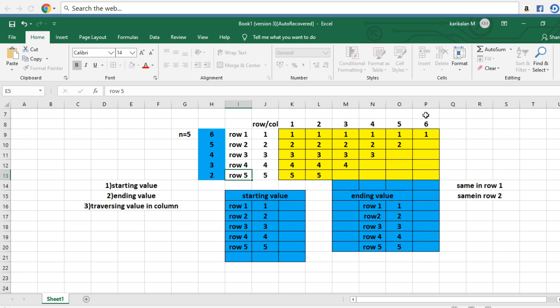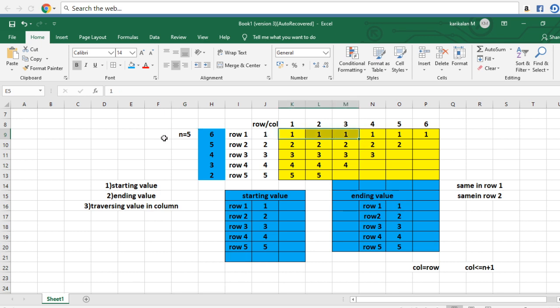So you know how to print this many values, because in your first row you are going to print only 6 values in your column. So what you are going to do, you are going to take column is equal to row. Then your condition part is column less than or equal to your given n plus 1. Because if they give n is equal to 5, we are going to print 6 values in column 1.